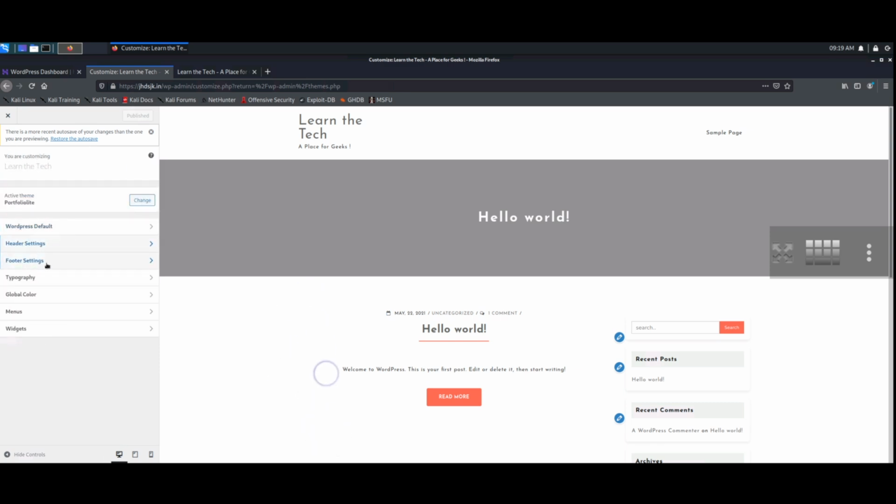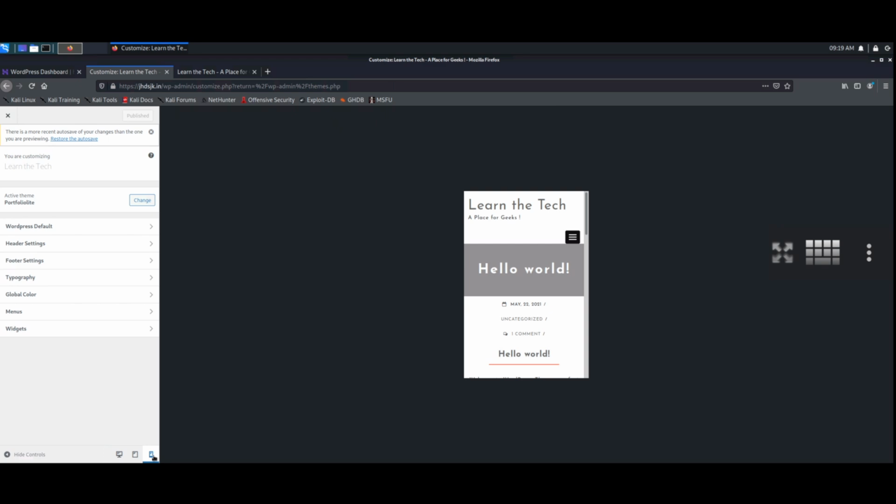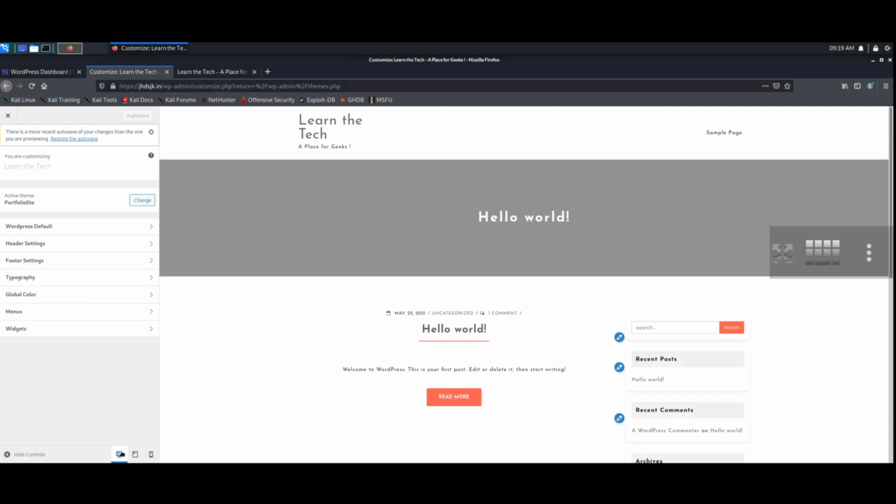You can go to the footer setting, so you can change everything, and even you can go on this option to see how this website will look on a mobile device, and you can select this one to see how it will open on any desktop or a PC. So you can change anything, edit everything. You can just upload your own logo, or even you can change the title, you can change this header position, and you can change every single thing here.